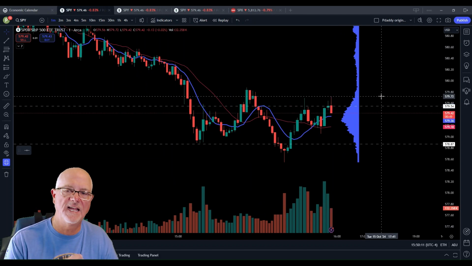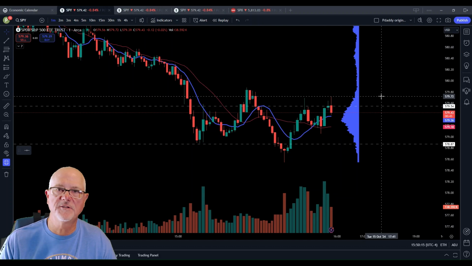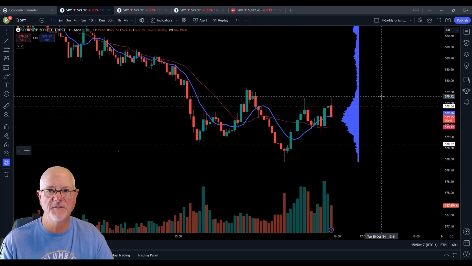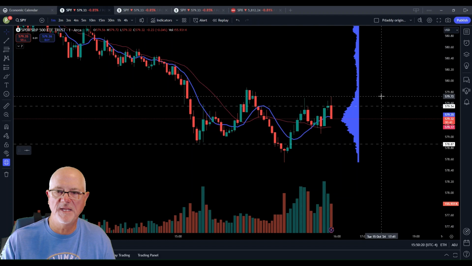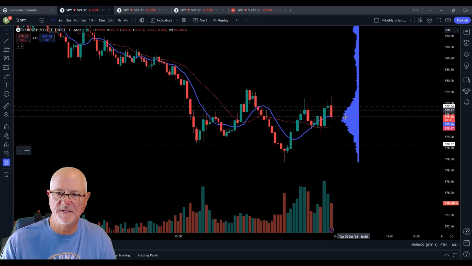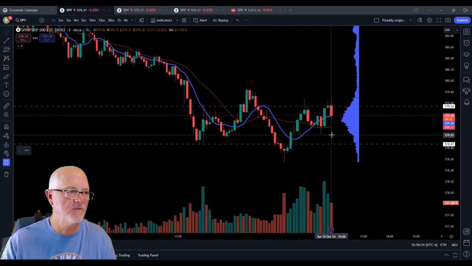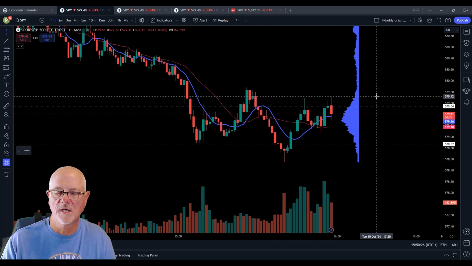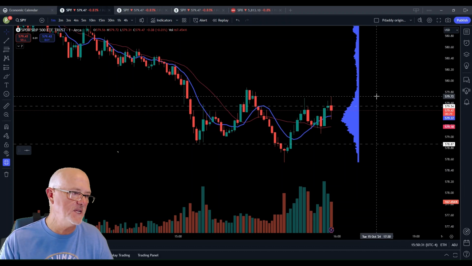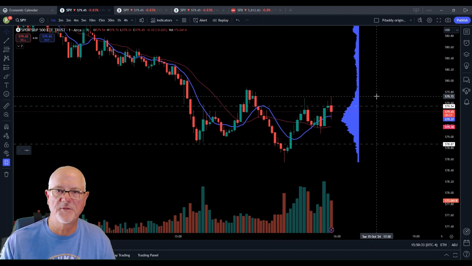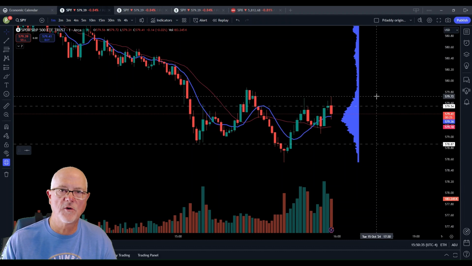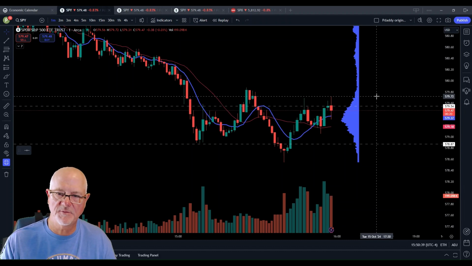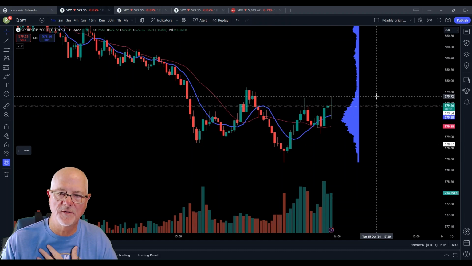Folks, 350 is like any other time during the day. If your edge presents itself, then you put on the trade. If your edge does not present itself, you don't put on the trade. You can't be arbitrary about anything you do. Nice little volume on this 350 candle right here, folks. Again, this is the market on close. That's what the 350 is. So we get a 350, and then another volume spike at about 355. So again, if your edge presents itself, you put on the trade. If your edge does not present itself, you do not put on the trade.